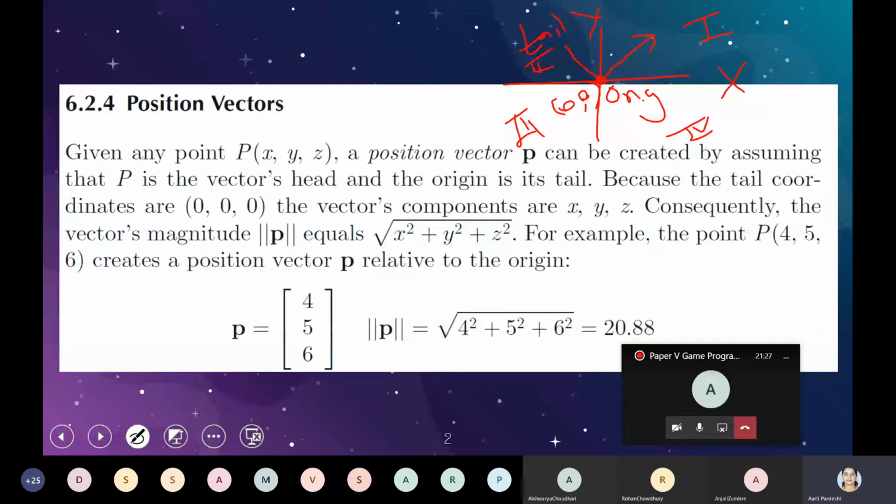So take any vector and fix its tail to the origin. Take its head anywhere. You can take it in any quadrant. Rotate it anywhere, no issue with it, but fix its tail to the origin. And if such a vector is there, then it is called a position vector.